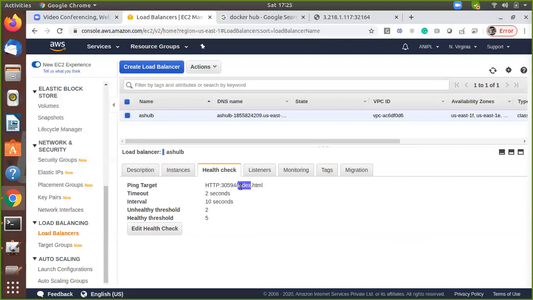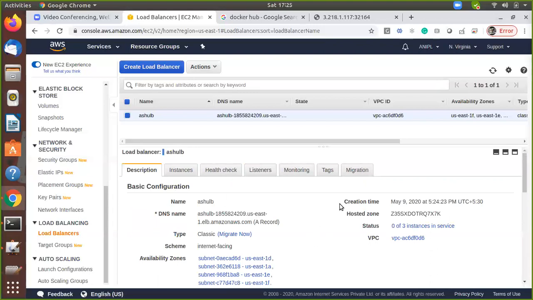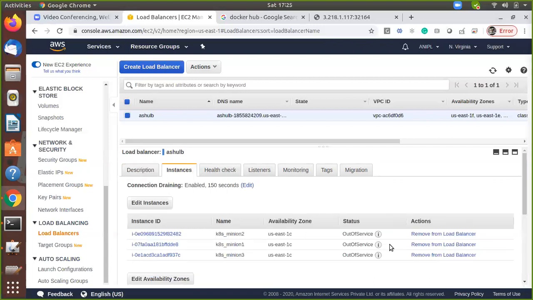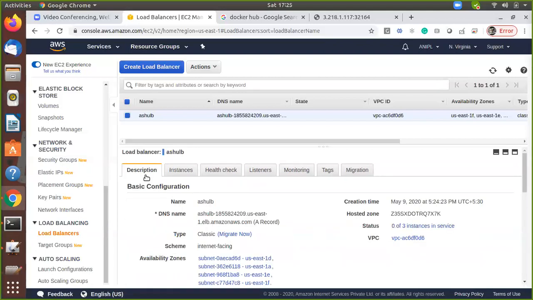If the pod is responding back, 5 times at a 10 second interval means 50 seconds in short, so we have to wait for 3 out of 3 instances to be in service. So it will take 2 minutes or so,